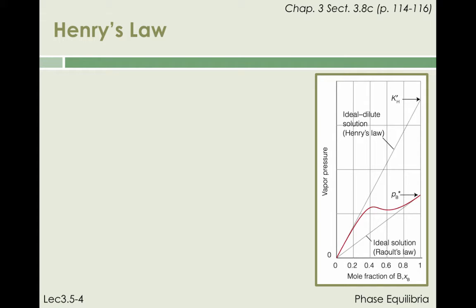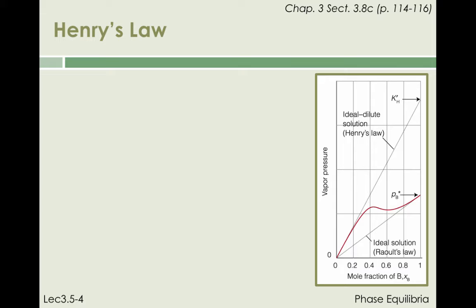On the right-hand side diagram, I have plotted again the experimentally measured partial vapor pressure of the component B in a solution with A as a function of the mole fraction of B in solution. We observe that the vapor pressure of B is a nonlinear function of XBL, and that the deviation between the experimental partial pressure and the partial pressure expected for the component of an ideal solution on the basis of Raoult's law changes with composition and vanishes only when the mole fraction of B approaches 1, that is, when B is